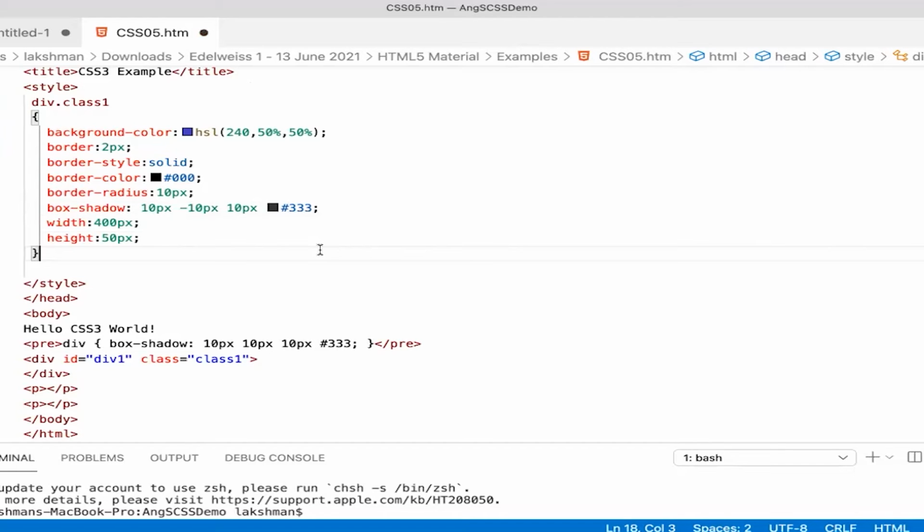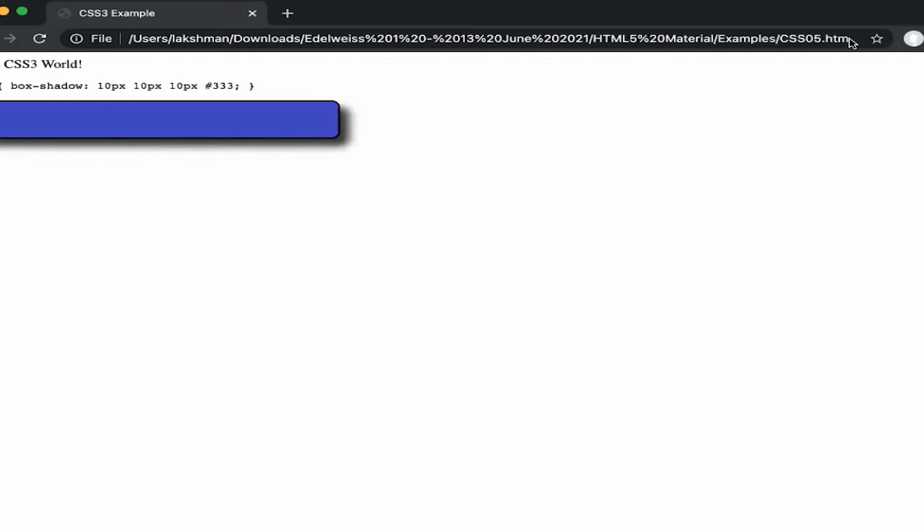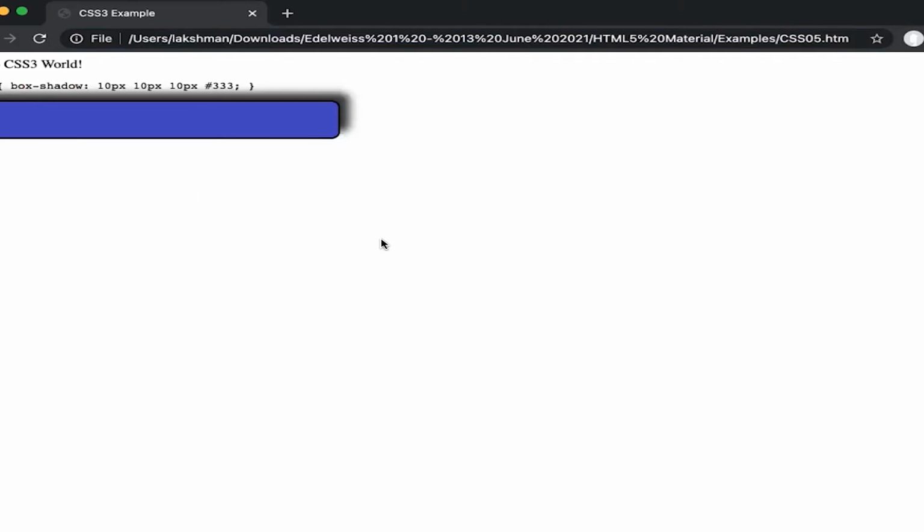Horizontal offset, let's suppose for now, remains the same. The vertical offset is just what I change. And thanks to this change of the vertical offset, now notice what's happened to the shadow. The shadow is moved up.